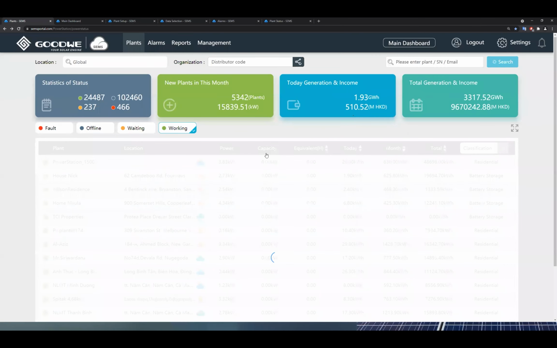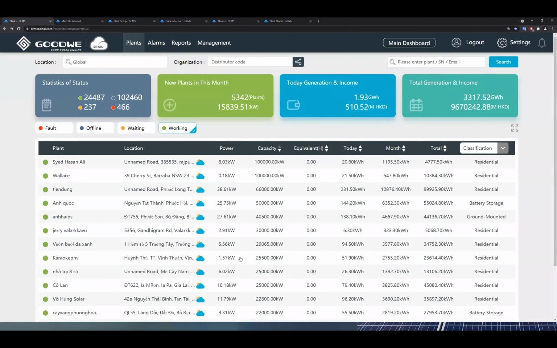That's the lowest capacity, where customers have not entered capacity. Or we can filter by highest capacity, and then you can see from the highest capacity. Sometimes customers also have a 25 kilowatt plant and they put 25,000. You can see the power generated for today, the equivalent hours,